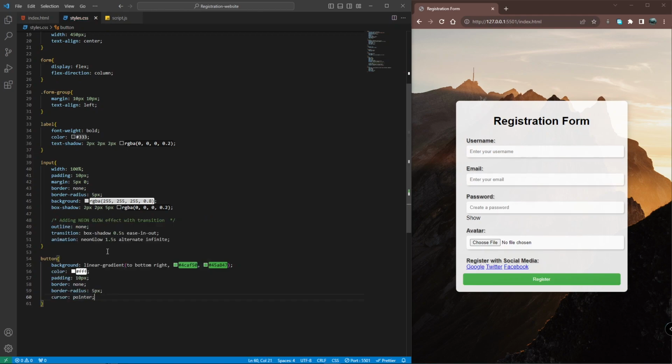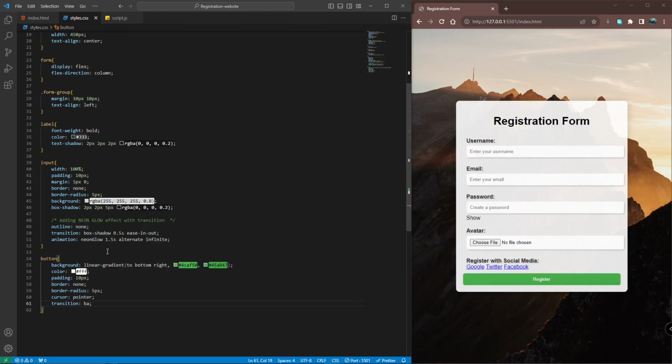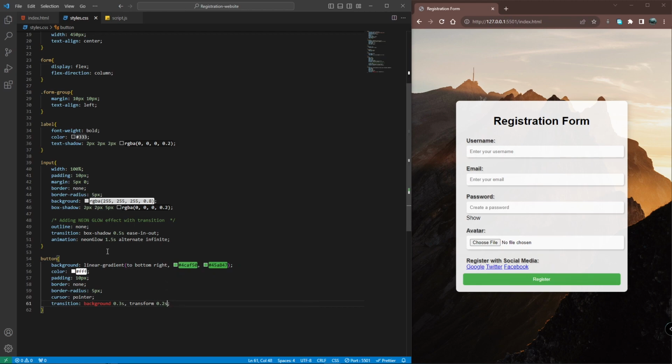Let's make our cursor pointer and let's add some transition. Background 0.3 seconds. Transform 0.2 seconds. Okay,